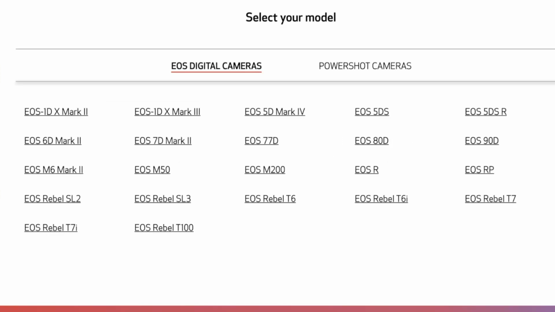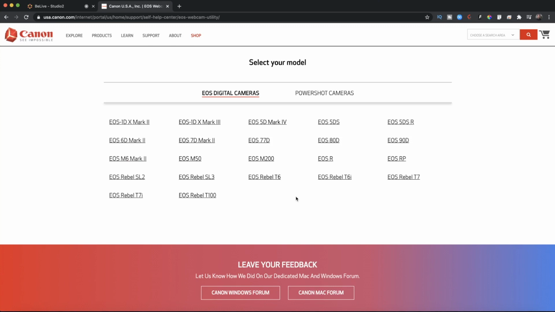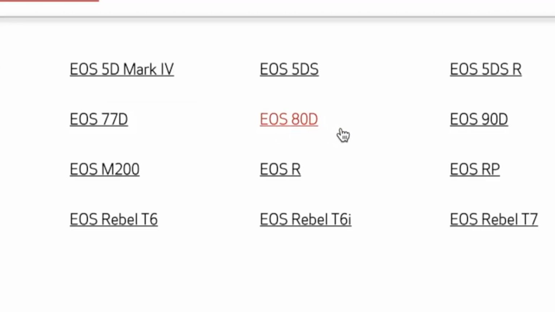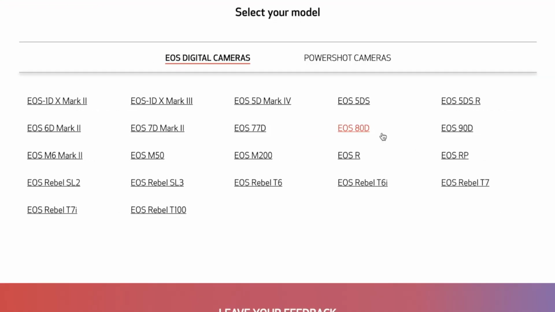But I can tell you for a fact that there are more cameras that are supported, because the camera that I actually am using is a 60D and it is not listed here. What I ended up doing was I used the EOS 80D and it worked. So if you don't have a camera that is supported here and you have an old EOS camera from Canon,